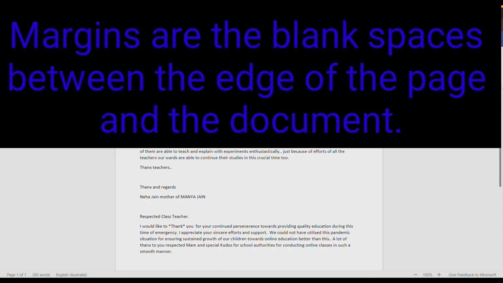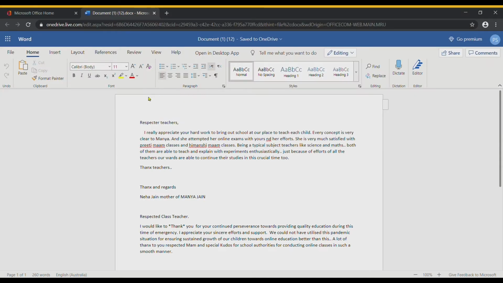Children, margins refer to the amount of blank space between the edge of the page and the document. So this is the edge of the page, children, and this is your document. From here the document is starting. So this empty space where there is no text written is called the margin.